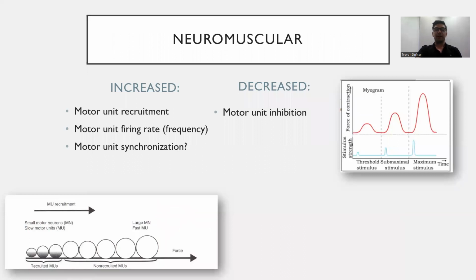So for neuromuscular, what is happening in the neuromuscular junction? What is happening with the neuromuscular function that is causing these changes? We have changes in motor unit recruitment. We should remember Henneman's size principle. What's the order that we recruit muscle fibers in? Smallest to largest, always smallest to largest. And so the structure and the capacity to which we can